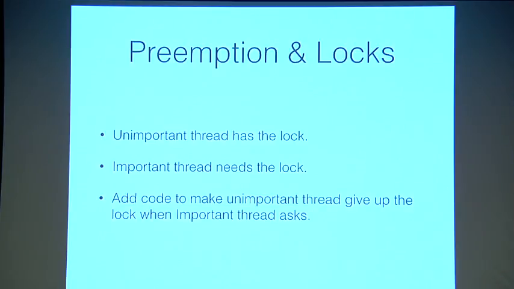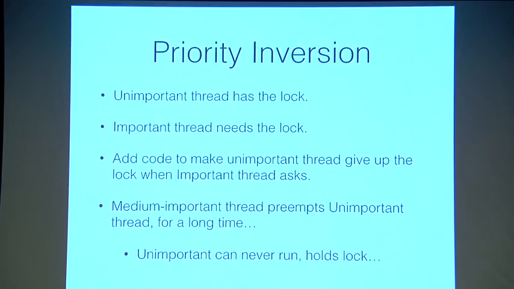Especially in real-time operating systems for things like robots or car control, like the Google Car, you get this problem called priority inversion, which is also surprisingly common. What happens is you've got some important thread, and it says, I need the lock, the one that makes you stop without hitting pedestrians. Meanwhile, the one like the turn signal has the lock for some reason. So you have code that says, when the important thread wants the lock, the unimportant thread should somehow give it up. But there's some medium important thread,